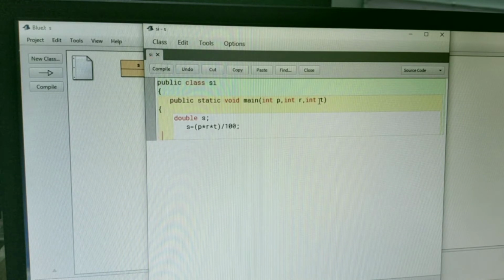Then we are finding out the amount also. The formula for amount is principal plus simple interest. Take one more variable, amount, and declare it, integer amount.